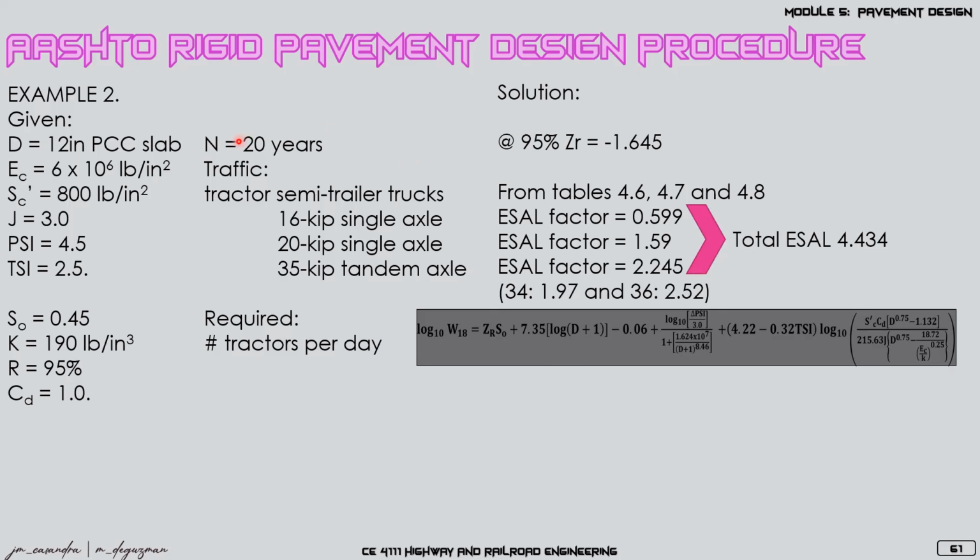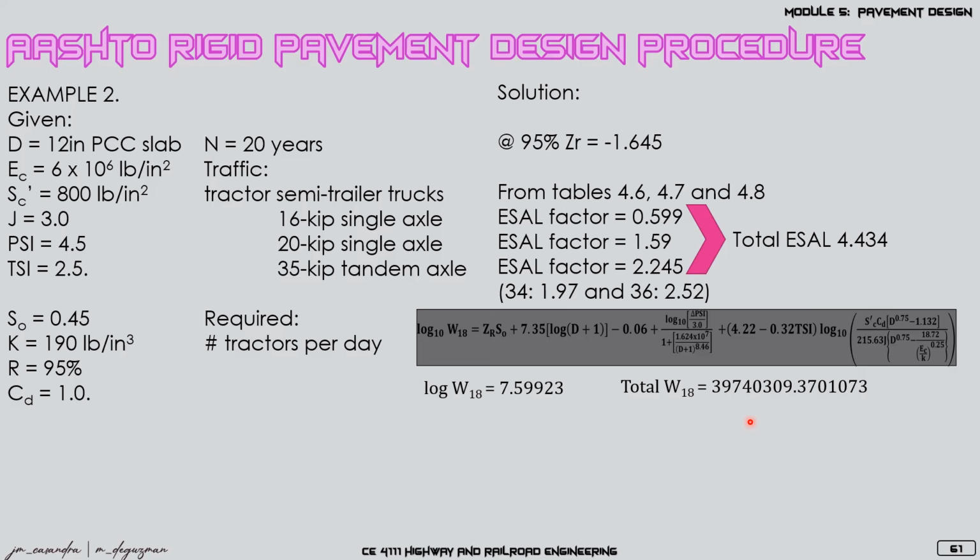Okay, so after that, we now apply our values in our equation for a rigid pavement design. So substituting all these values, we are able to get log of the equivalent axle load for 18 kips as 7.59923. Taking the anti-log of this value, we get W18, or the accumulated traffic for the entirety of 20 years, at 39,740,309